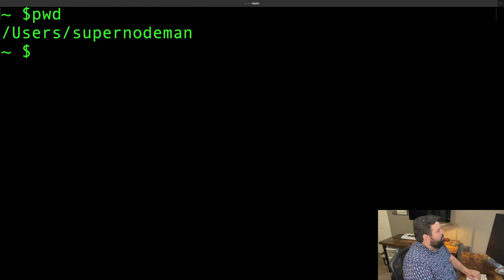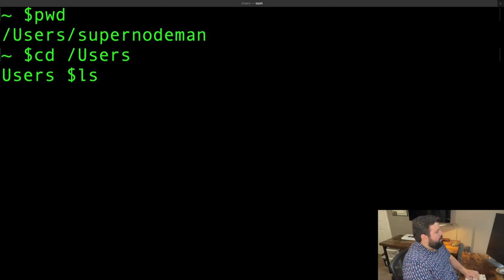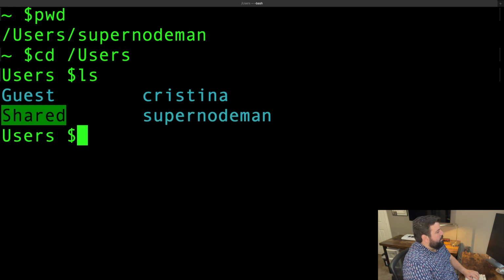Another special variable we have for changing directories is going to be the .. variable. When we pass this to change directory, it is going to go up one level in the file structure. The ls command is how we list what's in that directory currently, so we can see all the users for